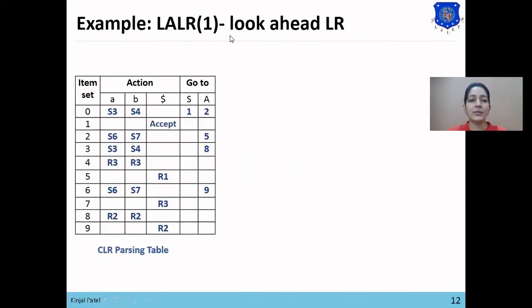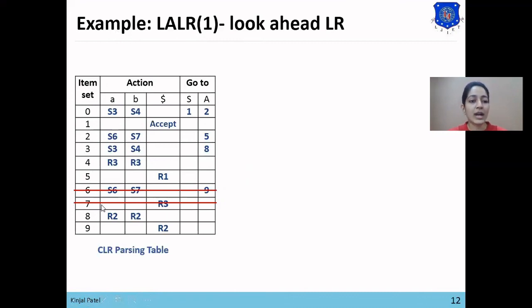Now we'll see how to construct the LALR parsing table. So this is the table of CLR. Now from the CLR item set, we have removed the I6 set and merged it with I3, representing that set as I36. So we'll remove this set from the table. Then we have also removed the I7 set from the item set and merged it with I4, so our new state is I47.